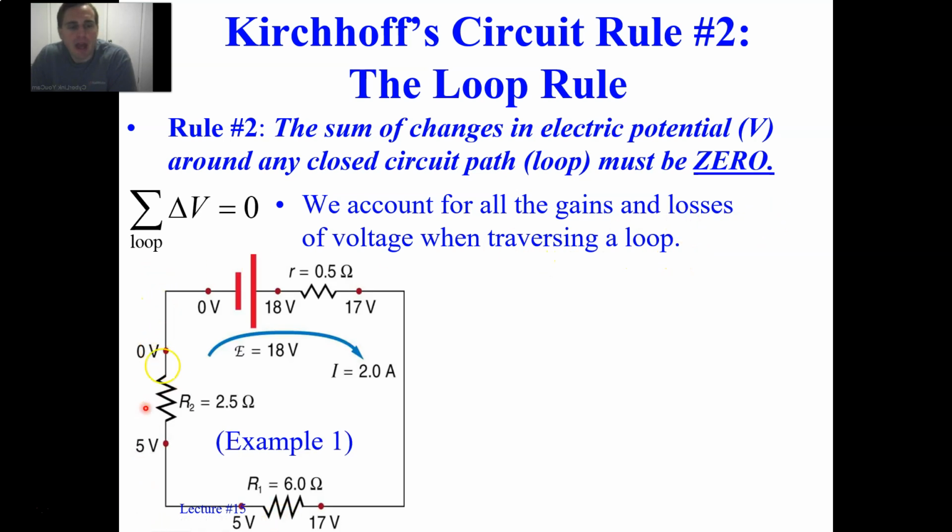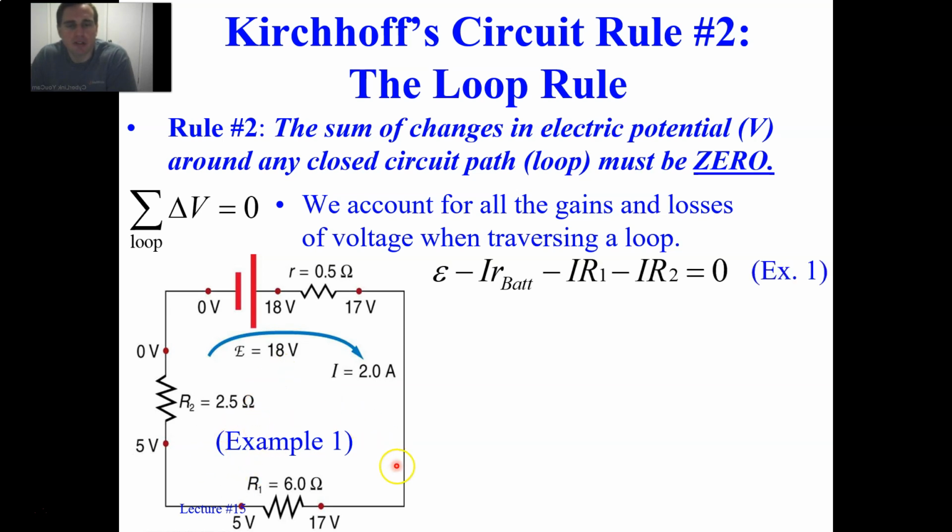So imagine we have this particular example. Suppose we have an EMF source which has an internal resistance, and suppose we have a couple of resistors here, and suppose we want to figure out what the current is. Now, for this particular problem, we can actually just use series circuits, but I want to demonstrate the loop rule